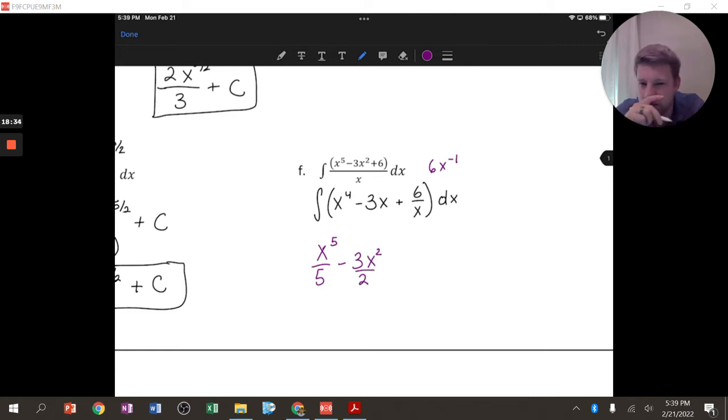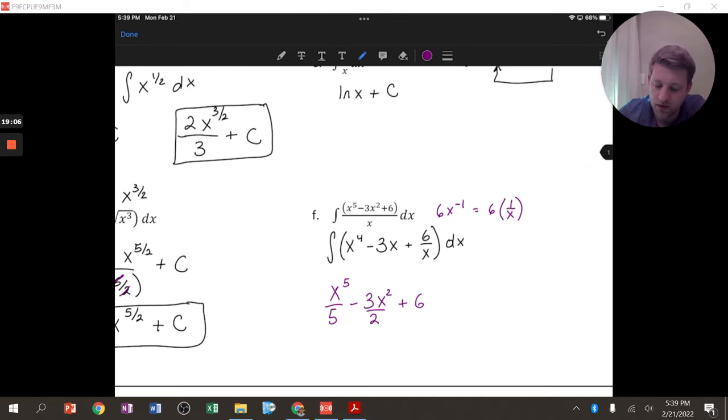And then the final one is if we add 1 to the power, notice that we would get 0 for this power. So this really is the equivalent to 6 times 1 over x. So maybe in this case it would have been better to just keep it as is, but this kind of shows us that there's just a constant times 1 over x, which we would see as just adding 6 as a constant multiplier times the antiderivative for the 1 over x term we just saw in the previous problem was